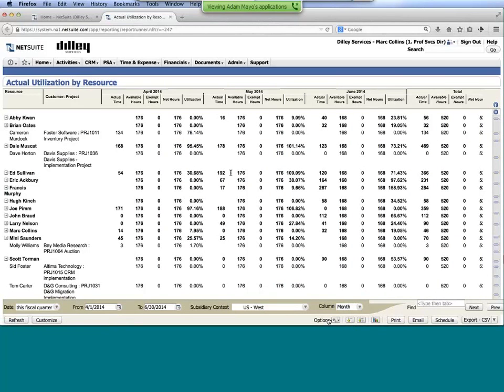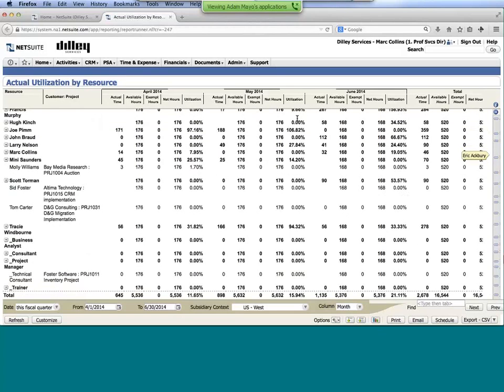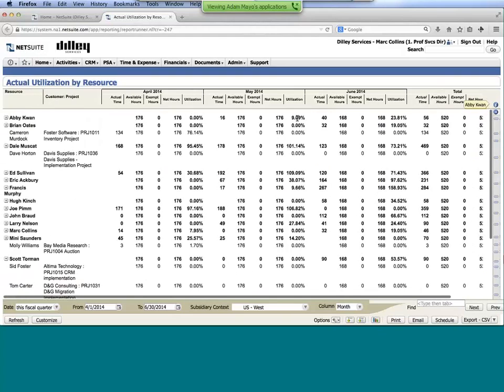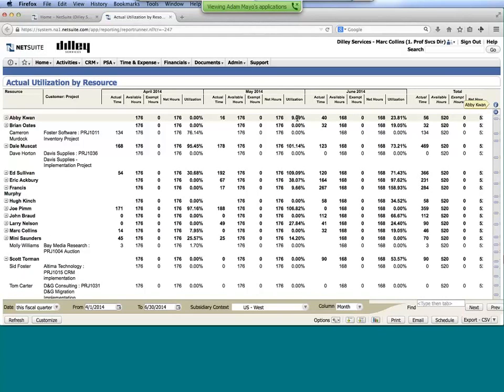And so you can see at the resource level, we're able to start looking at time worked versus what was available, and then dictating utilization, and then looking at that across the overall teams, expanding it out to see what projects people have worked on within there. So again, having those types of details available from a utilization standpoint is certainly helpful and critical to understanding how successful our services component or services billing is within the company.